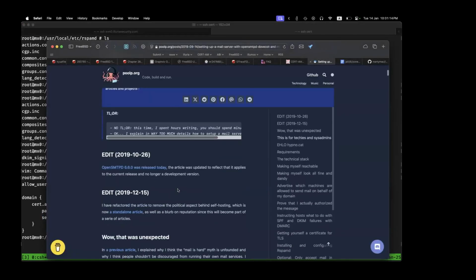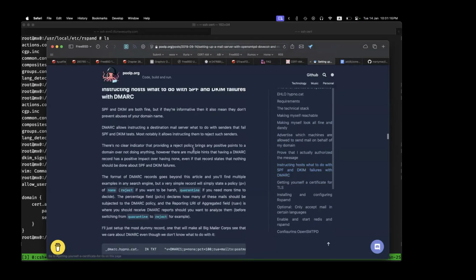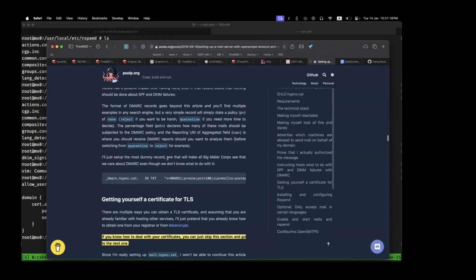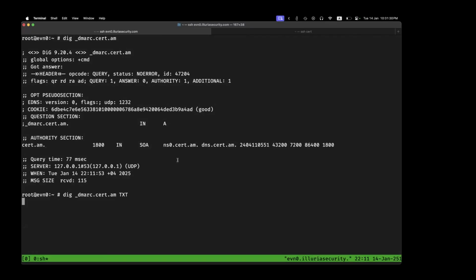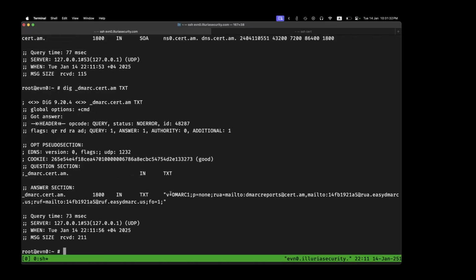In Poolp's settings, he also adds the DMARC, which I do have. If we have a look at dig _dmarc.cert.am, we can see we have, not a TXT record. We can see the following. DMARC is a format for reporting if something went wrong. What happens is servers can implement DMARC. So like if someone sent